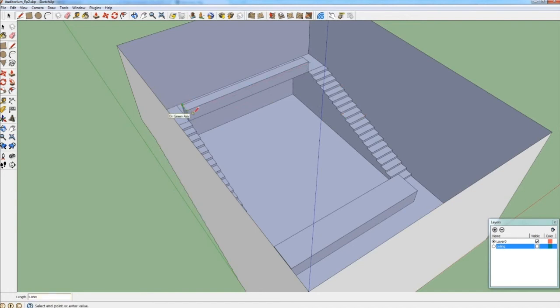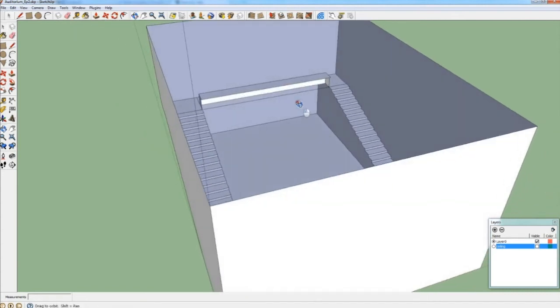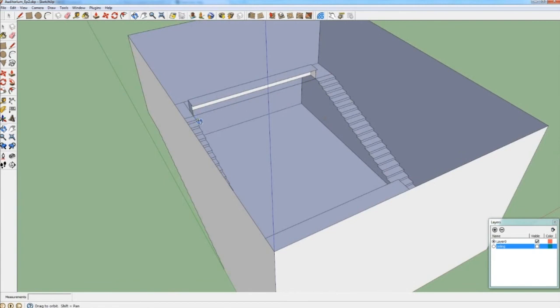Another line, 80 centimeters. And we close the rectangle. We can erase the unnecessary line here. It doesn't matter that this part was erased because anyhow we will cover it.